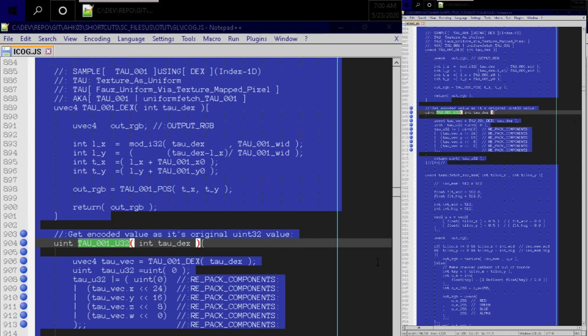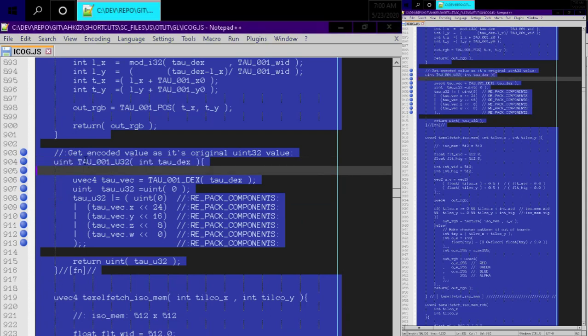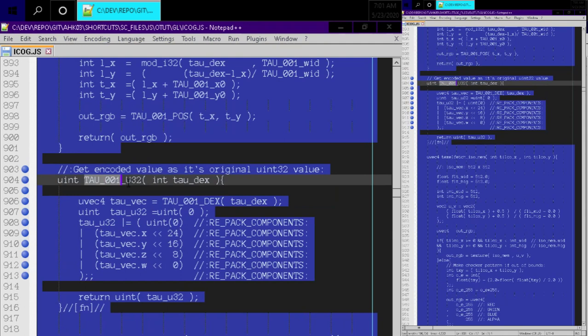Okay, I'm happy with this little benchmark or breakthrough, so I'm going to go over this really quick. I created a function called texture as uniform set number 1 underscore u32. This is going to fetch the original uint32 value that we pushed up. The way it's going to do that is it's going to fetch the